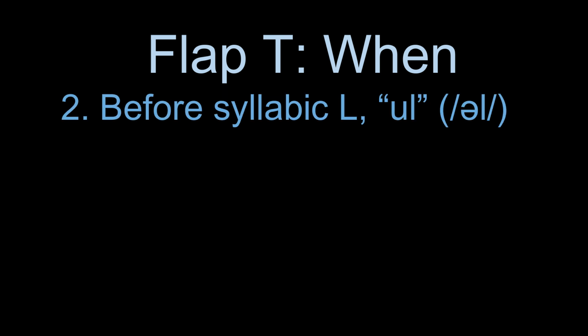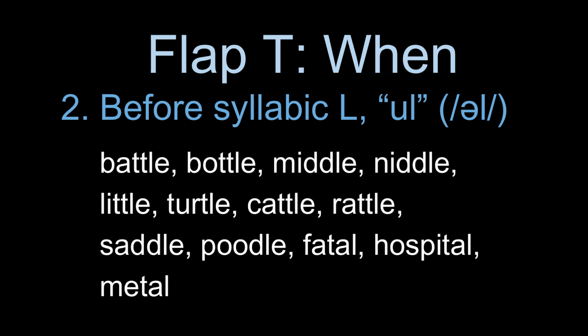Before syllabic L. A syllabic consonant is a consonant that can form an entire syllable on its own without any vowels. Sonorants, in particular nasals and liquids, can become syllabic consonants in certain phonetic environments. A syllabic L sounds like "ol." When T or D comes before a syllabic "ol," it becomes a flap T. For example,